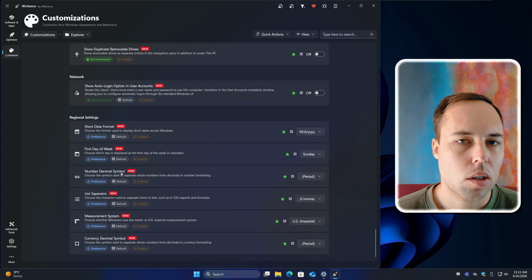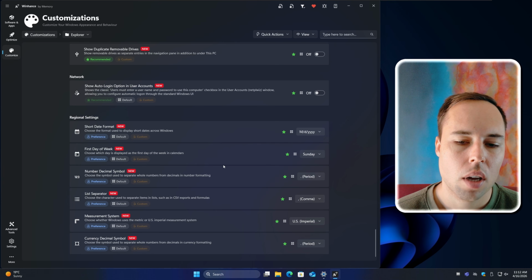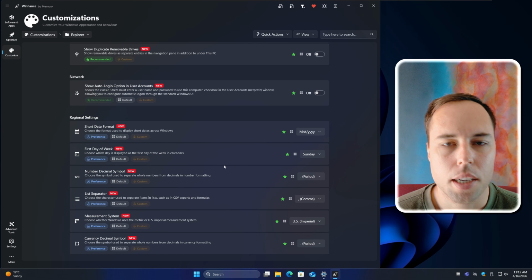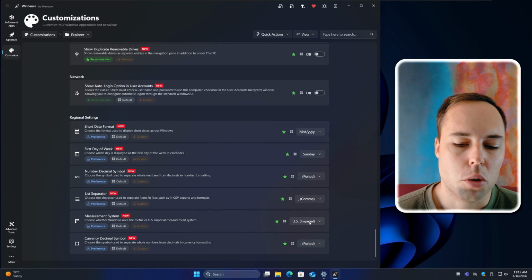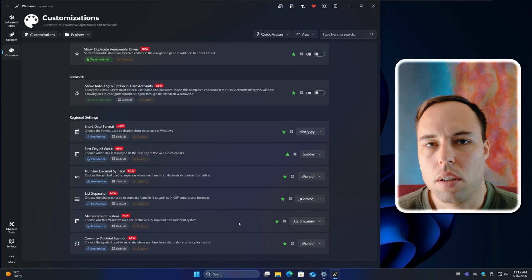Now, these settings are special because they don't have any recommended values at all. This is complete preference and only Windows default values. And the reason for that is there's just no objective recommended value here. I mean, for the measurement system, for example, to choose whether you want to use US, which is imperial, or metric, we can have a debate on which system is better.